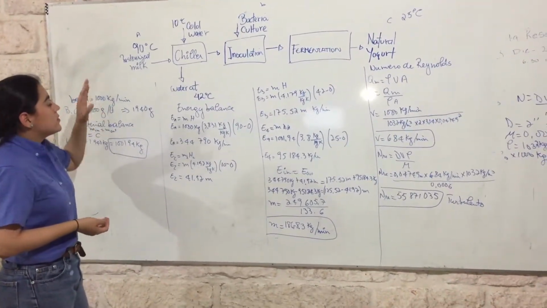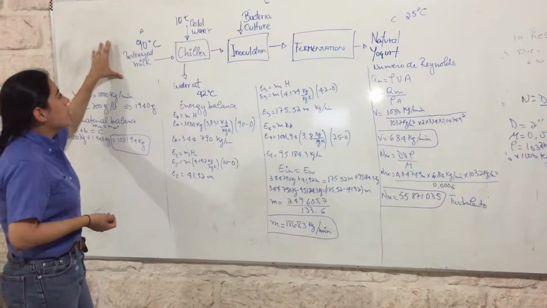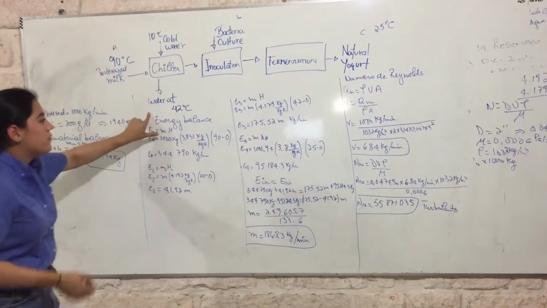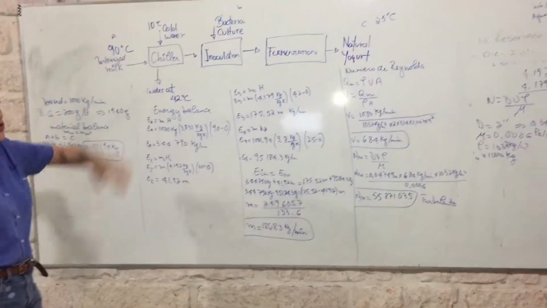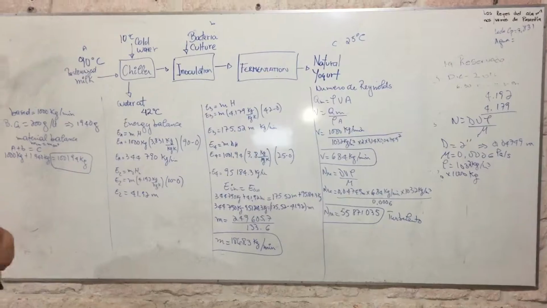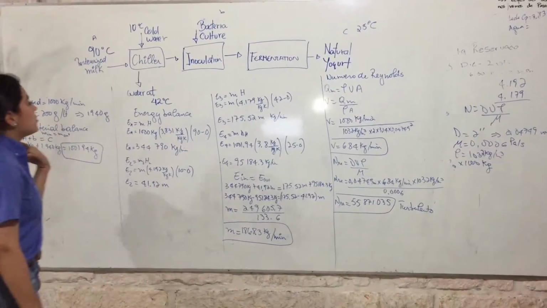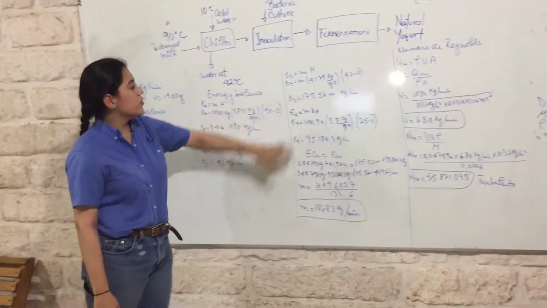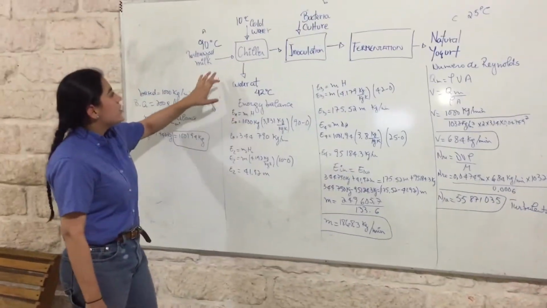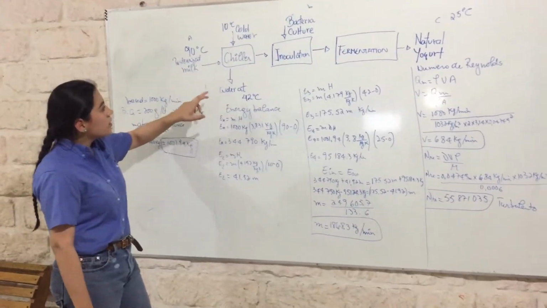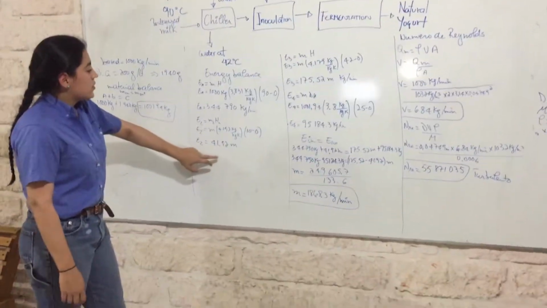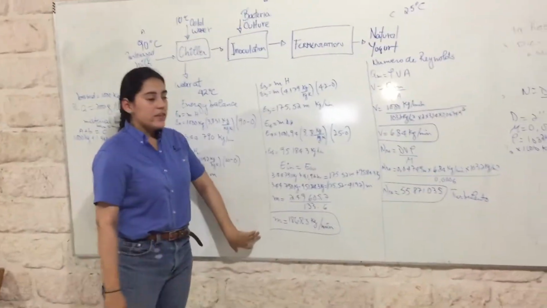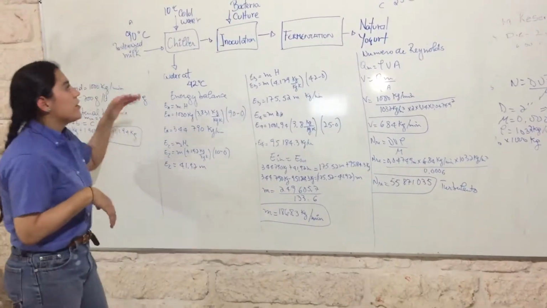So here we have 3 different temperatures. The first one is 90 Celsius degrees, 10 Celsius degrees, 42 Celsius degrees, and the final temperature that is about 25 Celsius degrees. So first we have to do an energy balance for each one of the temperatures. The first one is about the pasteurized milk. The second one is about the water, and at the end we have the quantity of water that we need to put in the process